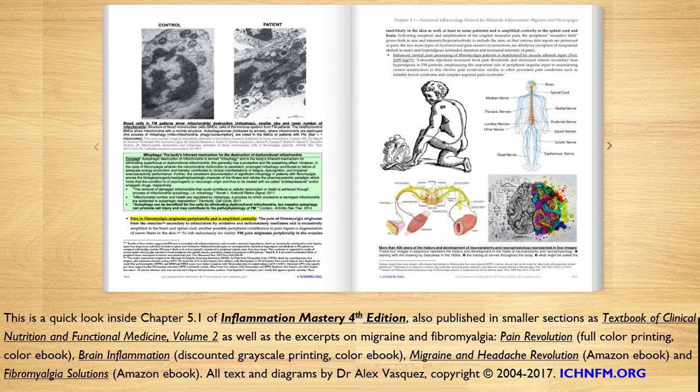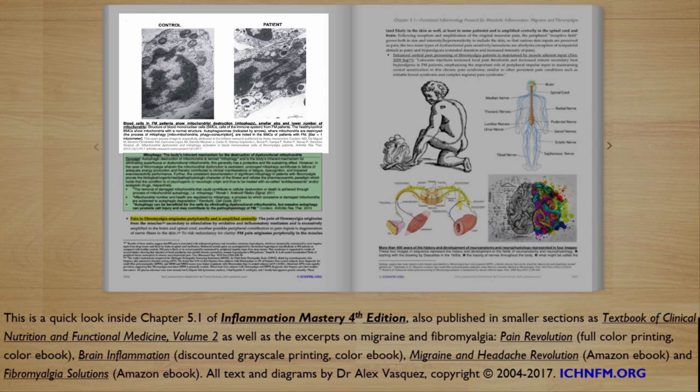Here we see images from published research showing the differences in mitochondrial size and function in normal healthy controls and patients with fibromyalgia. So obviously these scientific images underscore the physical, organic reality of fibromyalgia as a mitochondrial disease, and